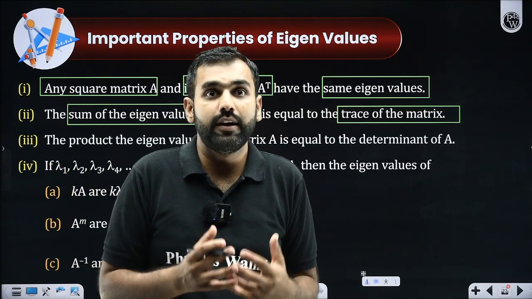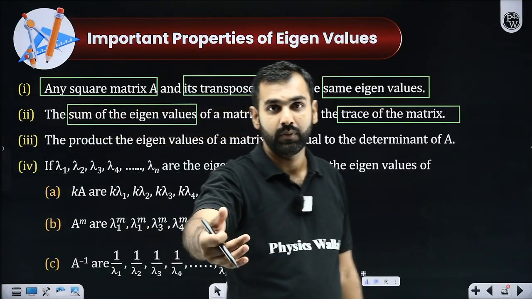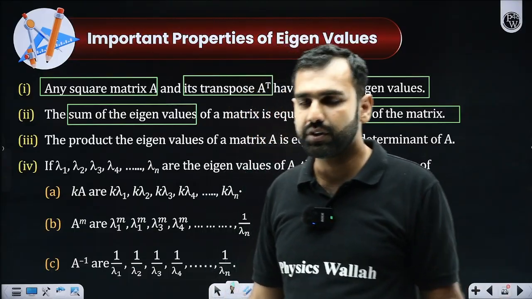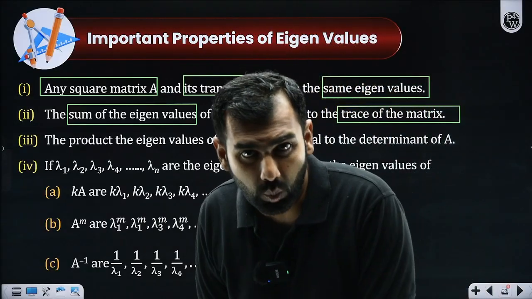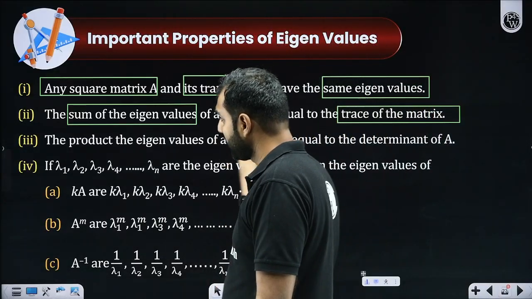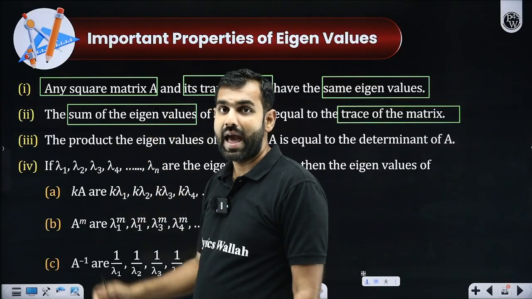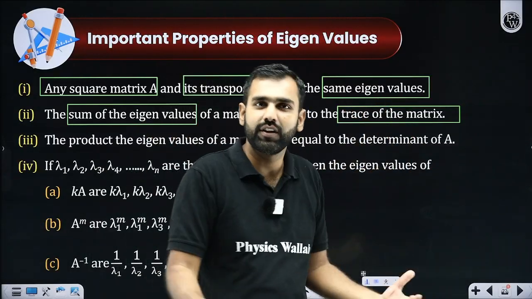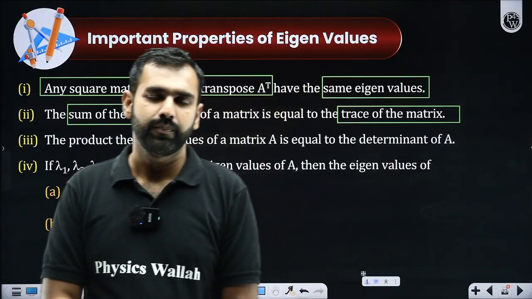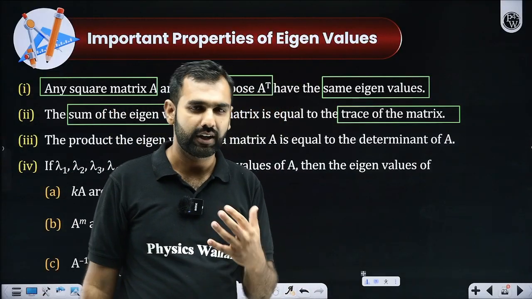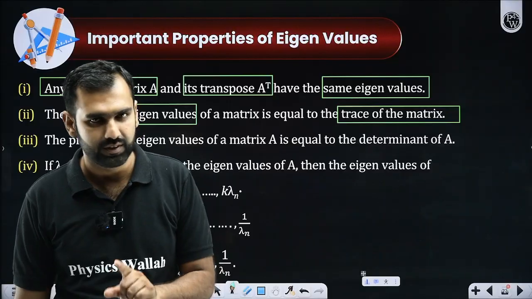Sir, why are we learning this? Let's say someday we are not given a matrix in a question, and we are asked the trace of that matrix. But what we know is its characteristic equation. So by looking at that characteristic equation, I will find the sum of the eigenvalues, the sum of the roots, and that sum of the roots will be equal to the trace of the matrix. The job will be done within 10 seconds and you will get the answer, yes or no. So first of all, it's really important that you understand these properties, and I'll show you how we apply them. But let's learn these properties first. Is that okay?